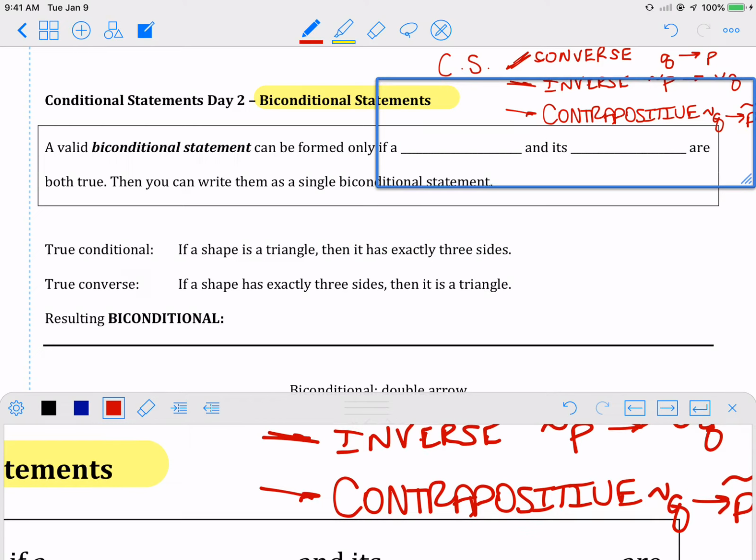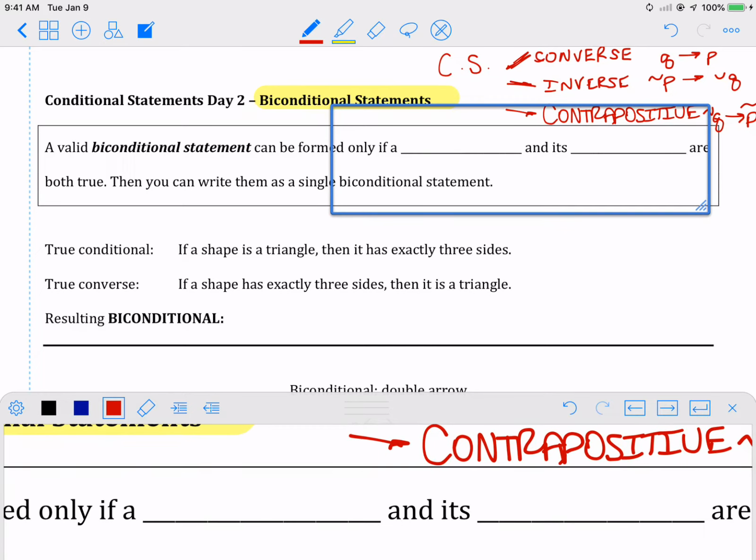thing called a biconditional statement. Now, you guys didn't have anything over the weekend to do with it. We saved it for Monday because biconditional statements have a lot going on, but only because it looks like it could be annoying, but it's not. So a biconditional statement can be formed if, only if, your conditional statement,